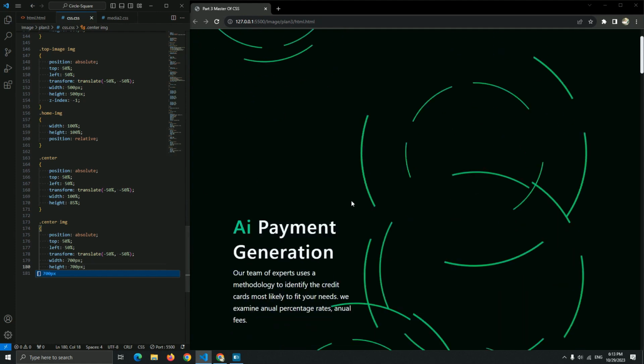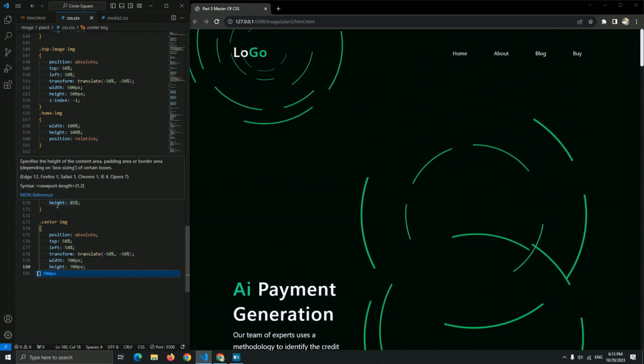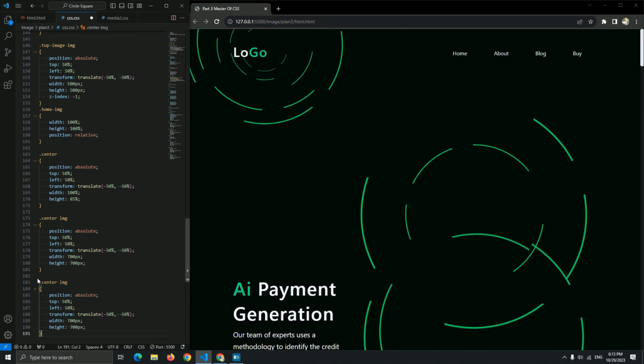Okay, here we go. And yep, now let's create a center 2 image for this image. I didn't add any position absolute for the center 2, but let's just resize it. Center 2 image, let me just be a center, no need to change it, but set the width and the height 400 pixel.